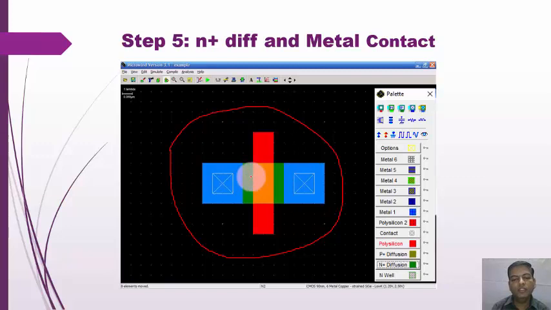First N plus diffusion, then polysilicon, then contact, and then metal. According to the rules we have drawn the structure. Have you got it? It is the structure of NMOS.